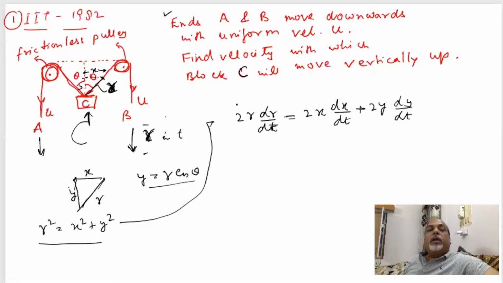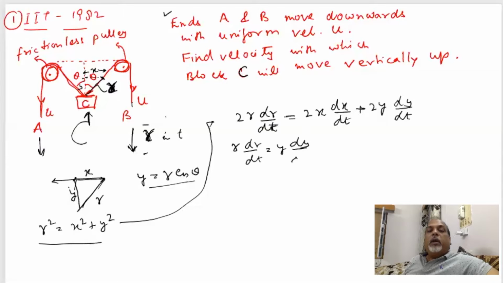Now dx by dt is basically the horizontal movement, but since this block is tied down both ways, there won't be any horizontal movement, because this will be equal to this and this will cancel out. So we are left with only r dr by dt is equal to y